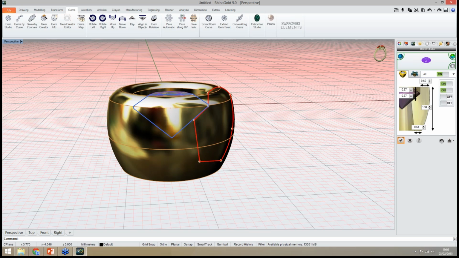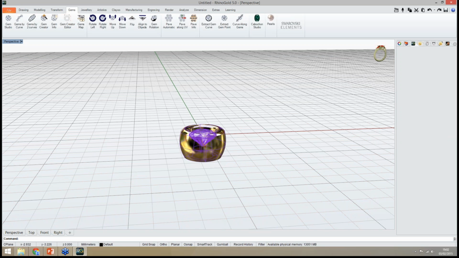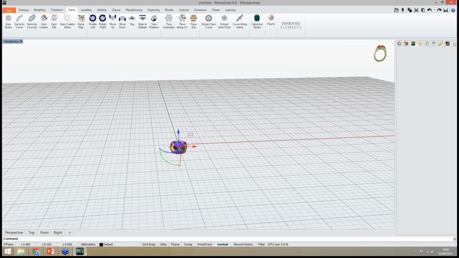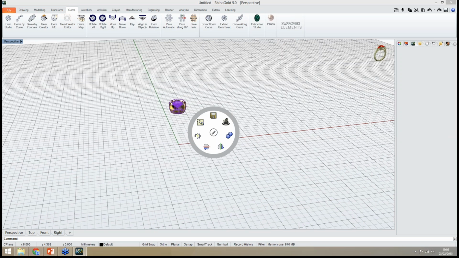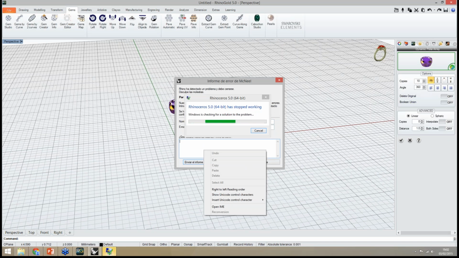And after this, let me move up a little bit, and once again I select the objects, press F6, and RhinoGold will show several suggestions. So I will define polar array.